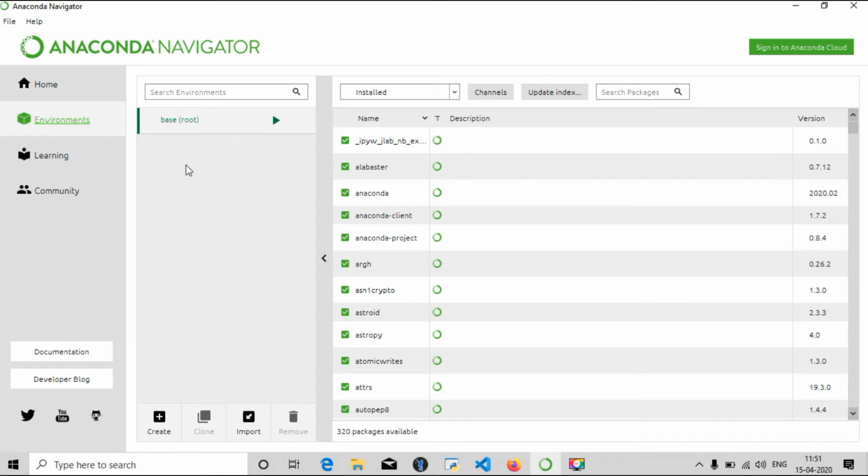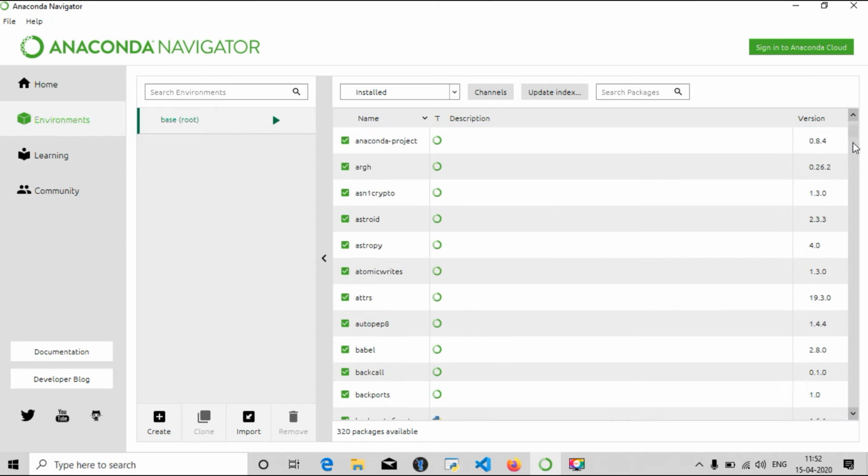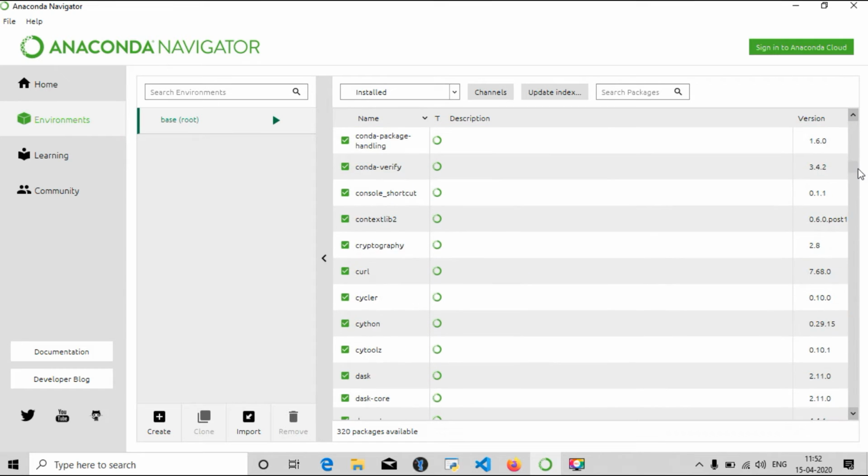Let me tell you what these environments are. Suppose you want to use a separate environment and install certain packages only on that, and use that environment in your coding. You can do that, but by default Anaconda Navigator shows you the base environment, which it installs by default, and these are the packages which are already in that environment.